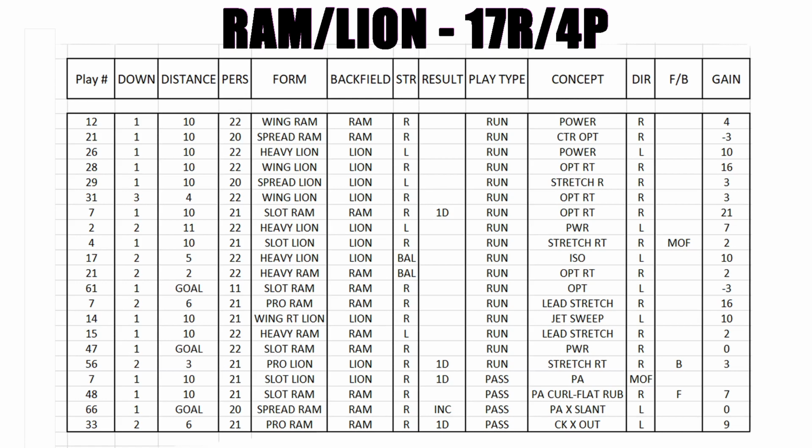But you can see the first 17 here are run. Now, these are not in chronological order in terms of how they happened in the season. In my Excel file, I sorted them by run. So you see the first 17 plays are run, and I'm going to go through some of them. I'm not going to go through every one. I don't think anyone wants to sit here, well, maybe you do, and watch 17 run plays out of Ram